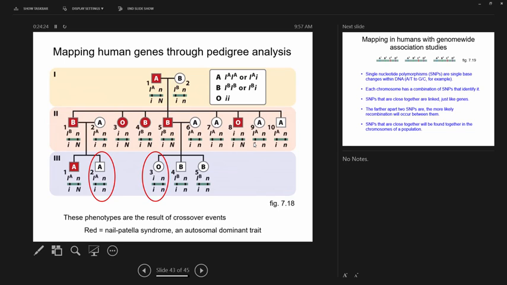And so this male here has Nail-Patella syndrome, but this one doesn't, meaning that there had to be a crossover event so that you start here, little i, crossover and recombine, little i goes with little n right there, and then you would expect possibly, depending on the gametes,